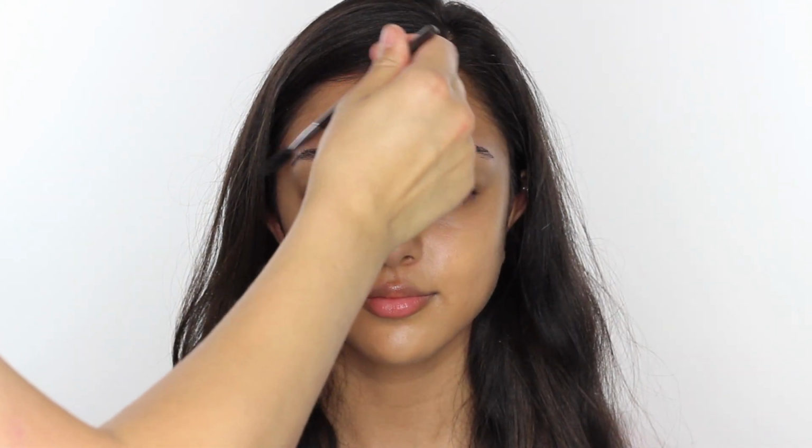So I'm just going to give Anne-Reed's brows a little groom. And I'm going to take a little bit of the Anastasia brow palette and just use a little bit of that. Again, Anne-Reed's got amazing brows, so there's not a lot of work for me to do here, but I think for a Chloe brow, she has it fairly full, but still quite a slim brow. So I'm just going to take a MAC 266, and on Anne-Reed's brows, I'm going to take a little bit of ash brown. So I'm just going to mix a little bit of that. And if I need to go a bit warmer, I might mix a little bit of medium brown as well,